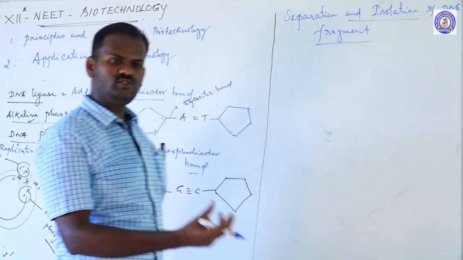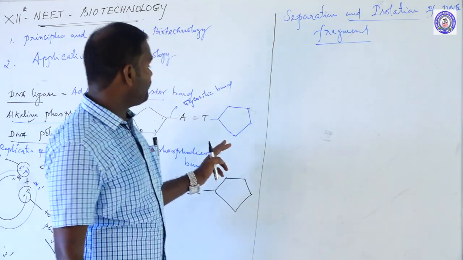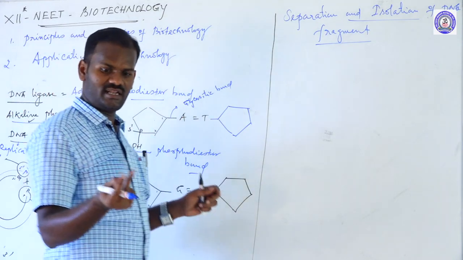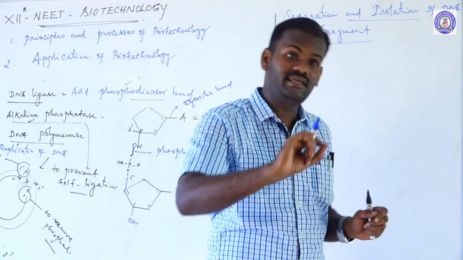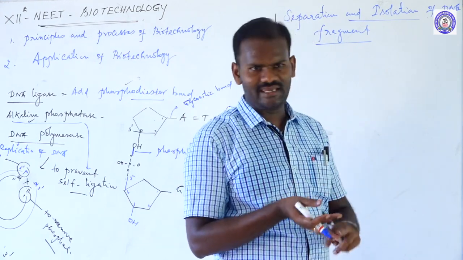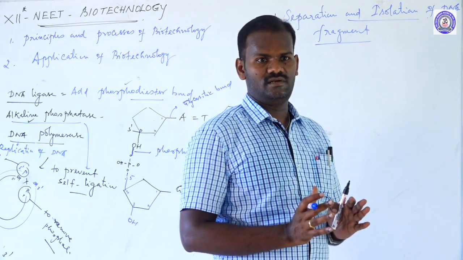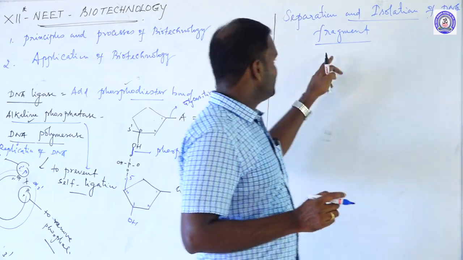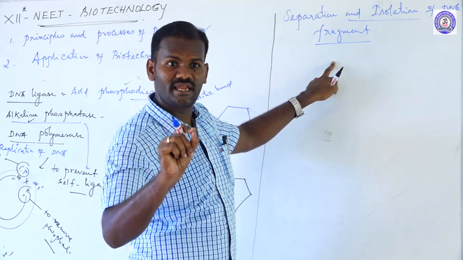Why should we isolate or separate DNA fragments? After cutting DNA from different sources, the gene of interest, or desirable gene, or foreign DNA, also called alien DNA, is obtained from bacteria, fungi, viruses, plants, and animal cells. These genes contain what is desirable to obtain a desirable product. The desirable genes are cut into fragments by using restriction endonuclease.